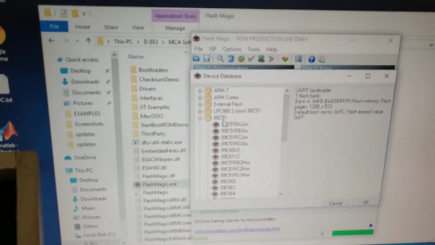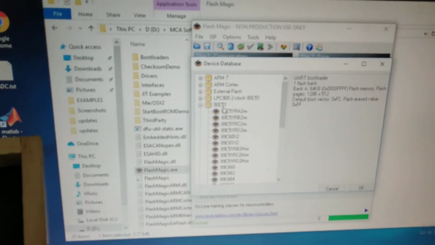So right now we are studying 8051 interfacing with the LEDs. So in this we have a specific IC. Which IC are we going to choose? 89V51RD2. You can just memorize this number, 89V51RD2. After that we just have to say okay. Fine. Once we say okay, then we have to select the second, which is the COM.